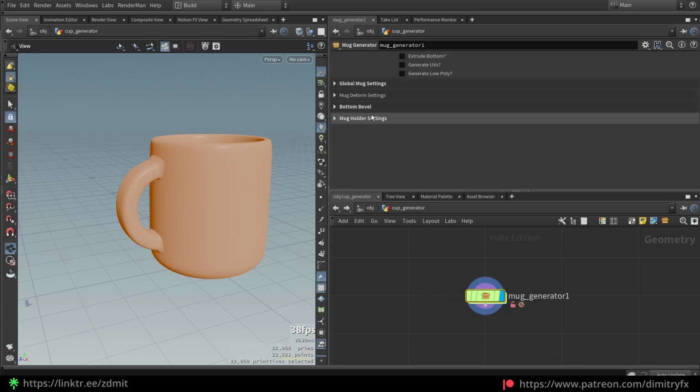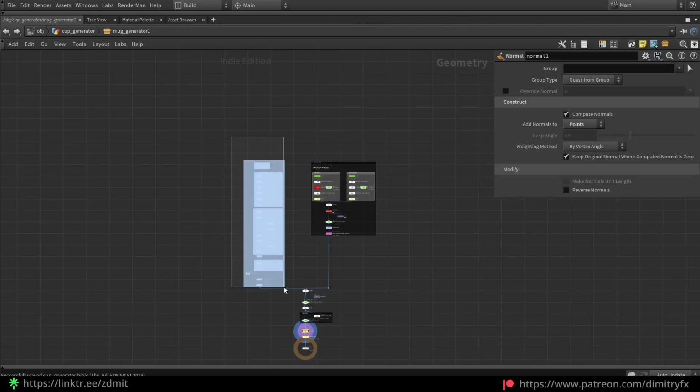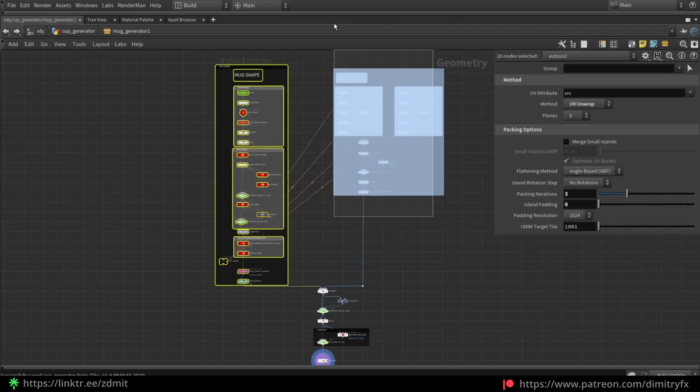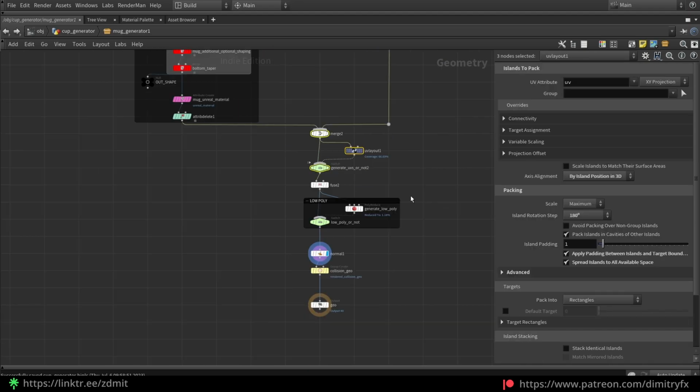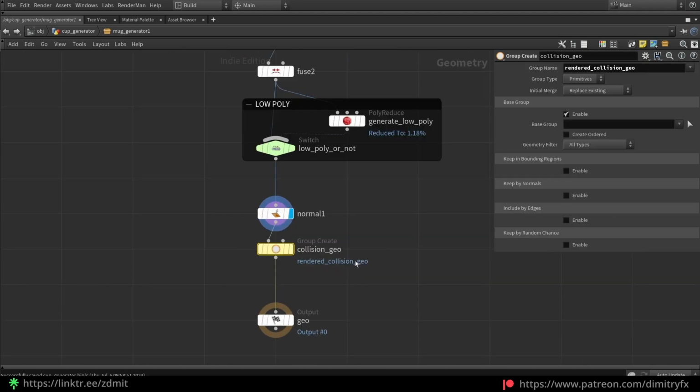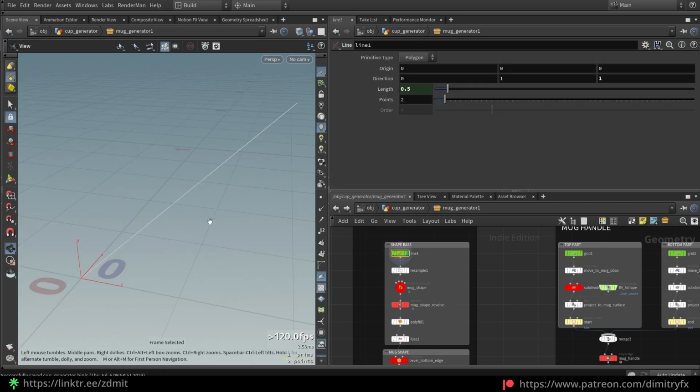So these are the settings, and let me actually walk through how I made it. So this is the mug shape itself, and this is the handle. And this is generating the low poly, the UV layout, and this is creating a collision geometry for the Unreal Engine. And that's pretty much it. So the mug shape starts with a simple line,